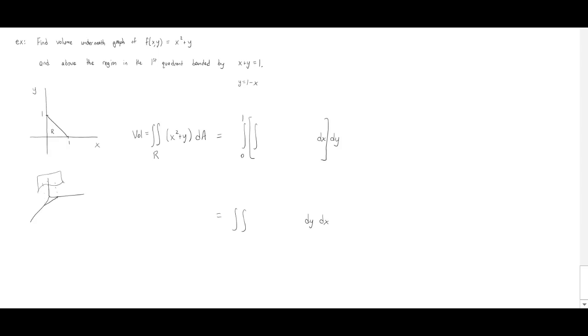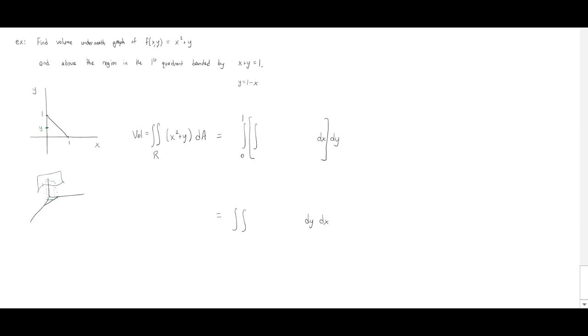Now the idea of Fubini's theorem: we would slice at a fixed value, and to get the area of this slice, you would express that area as another integral. Now this time, however,